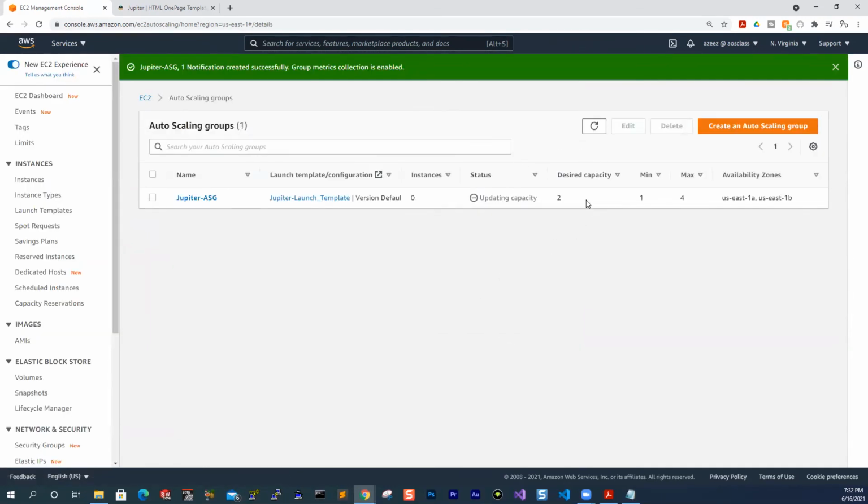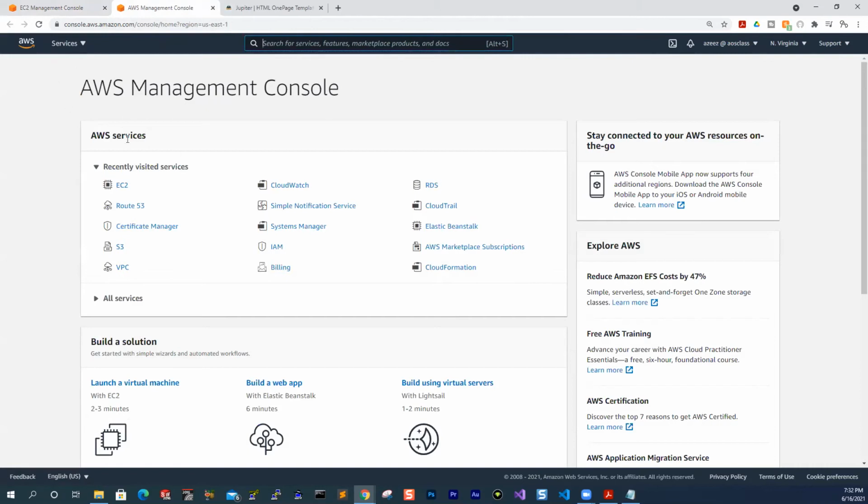Remember on our auto scaling group, we said our desired capacity is 2. Minimum is 1 and maximum is 4. Now watch what happens if I go to my EC2 console. So I'll go to EC2